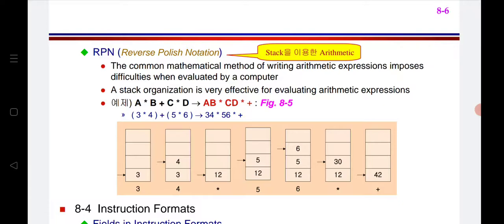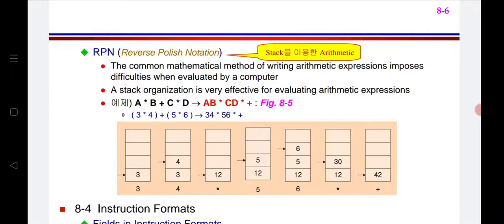Now let us see the equation I'm having: a into b plus c into d. Here I will go with the prefix or postfix notation. What do you mean by prefix and postfix notation, which you have already come across in the C language? Prefix is where first I give the operator, whether addition or multiplication, and later the two data values. This is known as prefix notation. Postfix notation is where first the data values come, and later we give an operator.